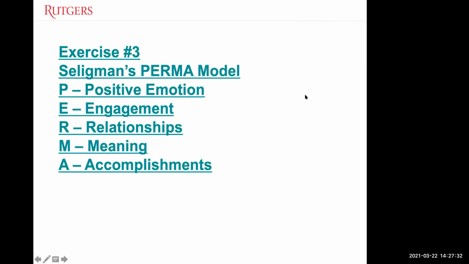You can use this model in group supervision, or you can do a presentation on it and get people thinking about it and talking about it. So what does it mean? So positive emotion, the question is, what leads you to have positive emotion? I encourage you to put in the chat if you like, what leads you to have positive emotion? Like, what are those things? If you were to scan your life and do a bit of an inventory,